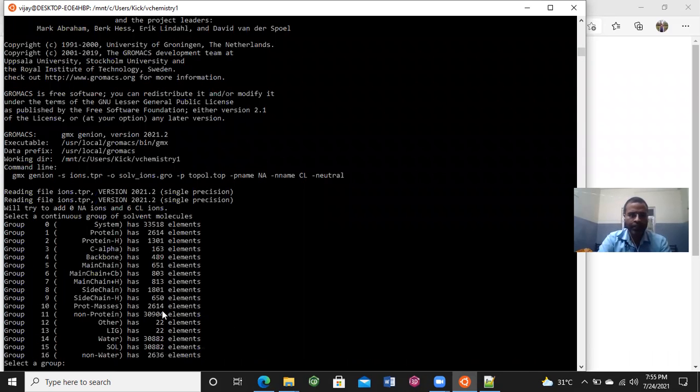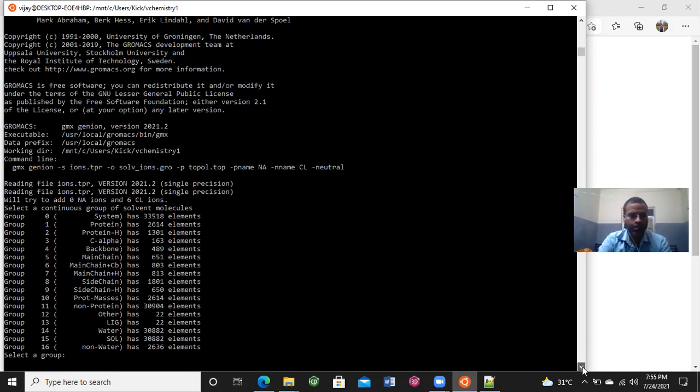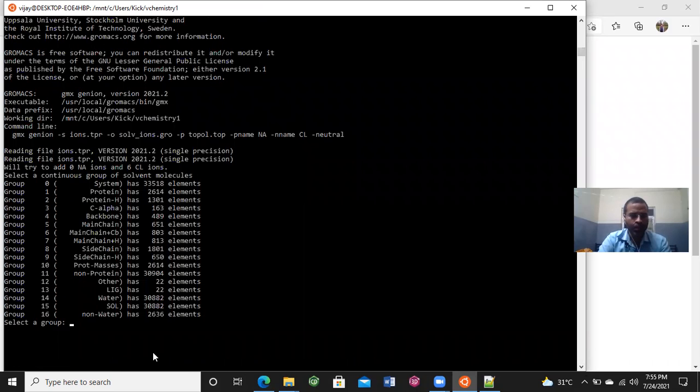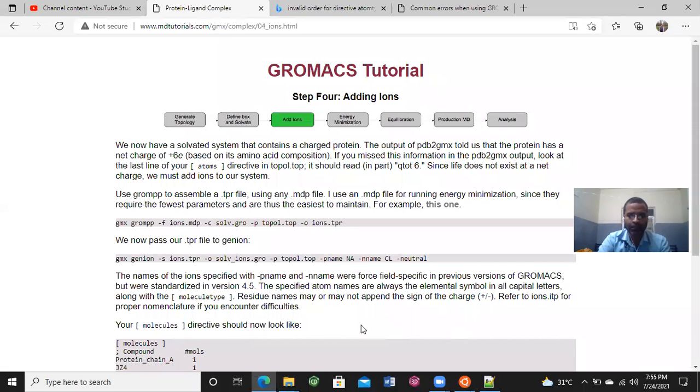Now it again asks you to choose what you want to replace to add the sodium and chloride ions. Then we have two options. First, to replace the water, and second is the solvent.